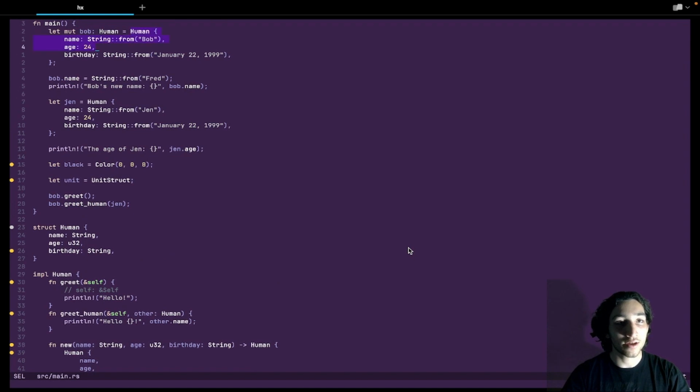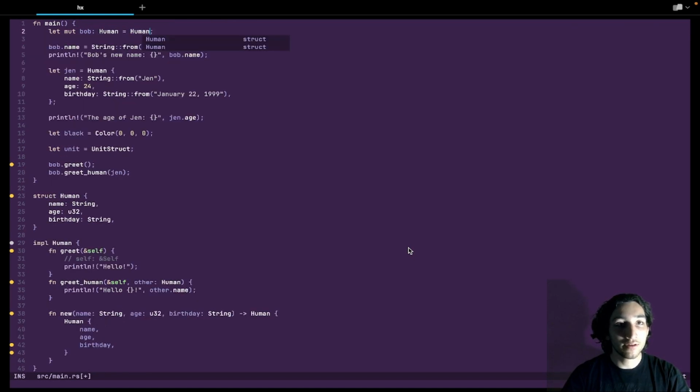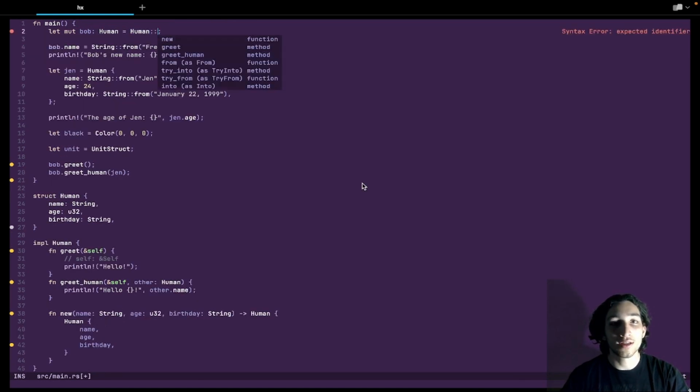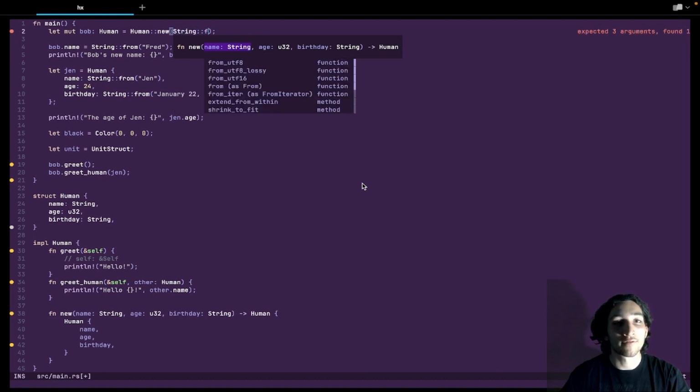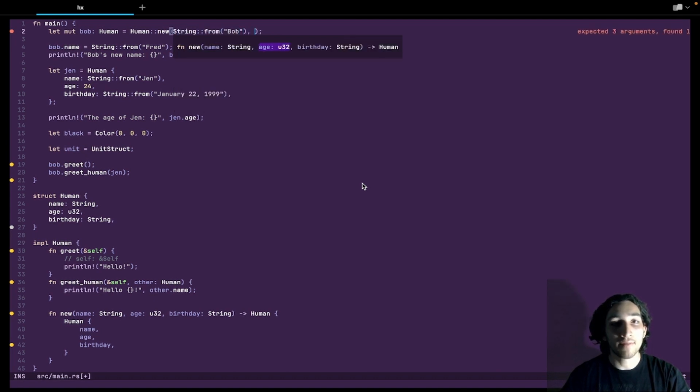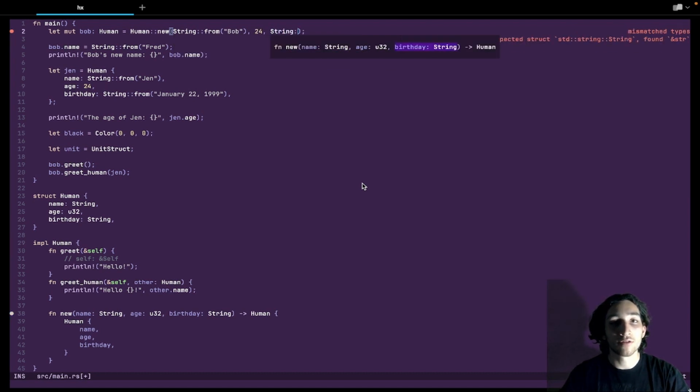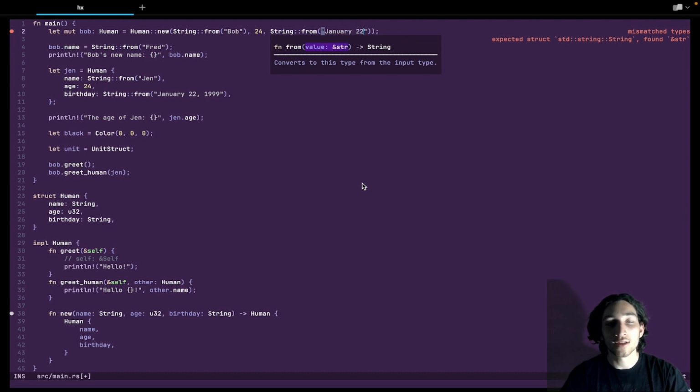Instead of using this, we can do Human, and then colon colon is the syntax, and then we call new, and then the parentheses, and then we pass in the name, which we said was Bob, and then we pass in the age, which is 24, and then the birthday, which was January 22nd, 1999.